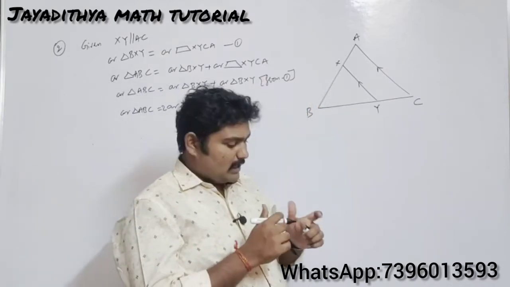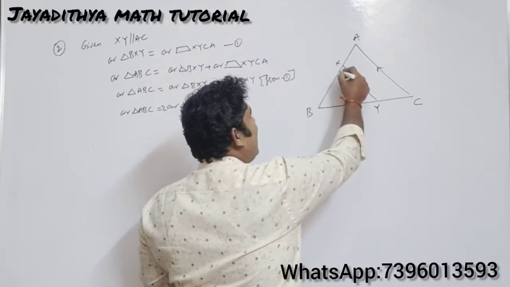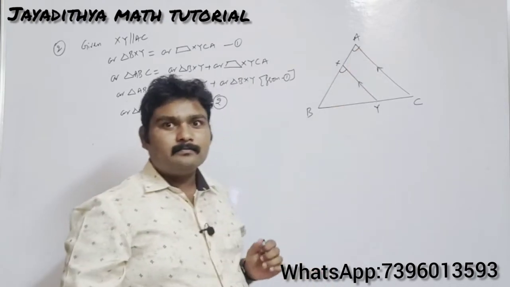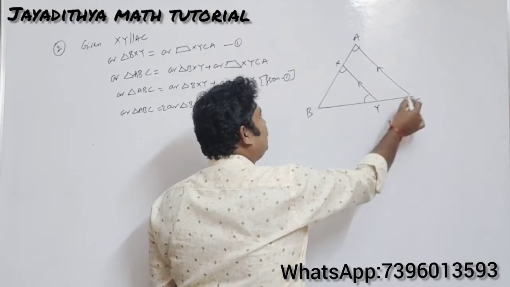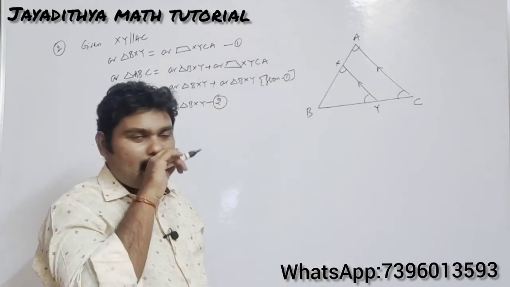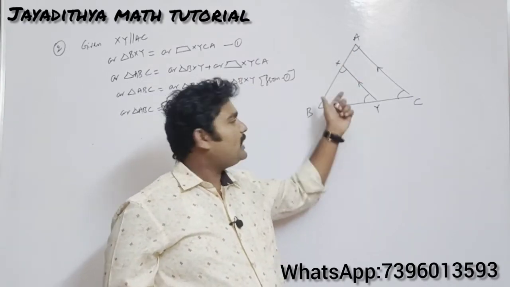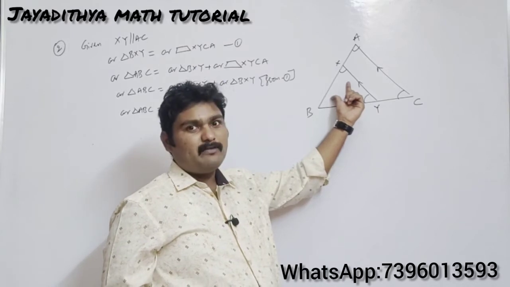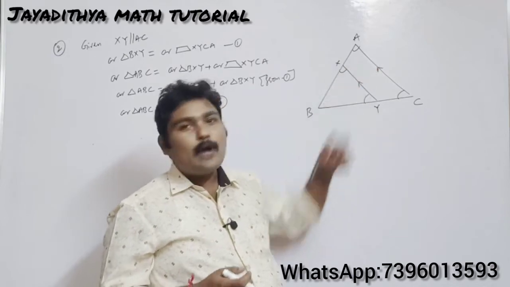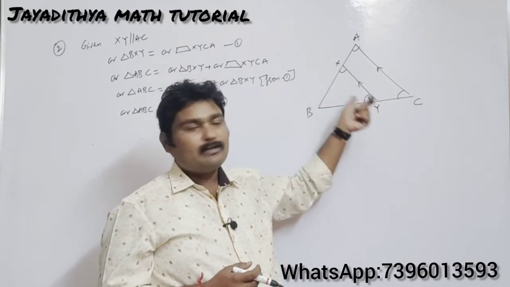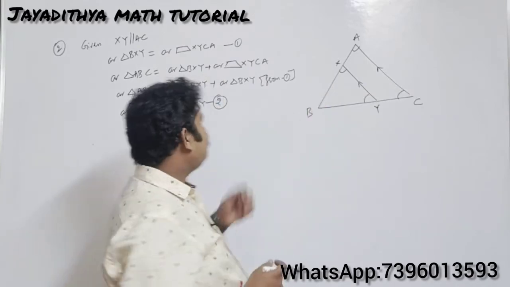We have given that XY is parallel to AC. So you observe carefully, angle X will be equal to angle A right here. Why? Because both are corresponding angles. And also you can see that angle Y will be equal to angle C, again corresponding angles. So if you observe the triangles ABC and XBY, you have 2 triangles again, XBY is one triangle and ABC is the other triangle. In both the triangles you have shown that 2 pairs of angles are equal, therefore by AA similarity both the triangles will be similar or not? Yes. So write that one.